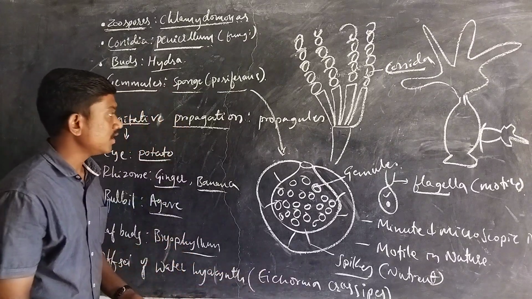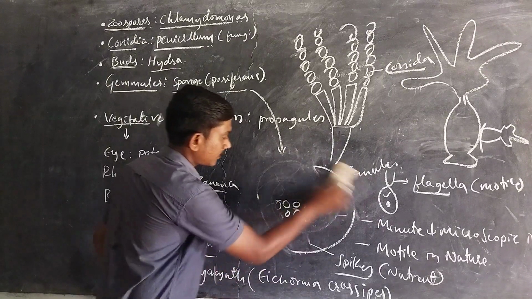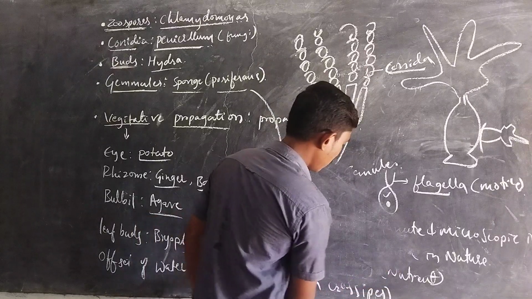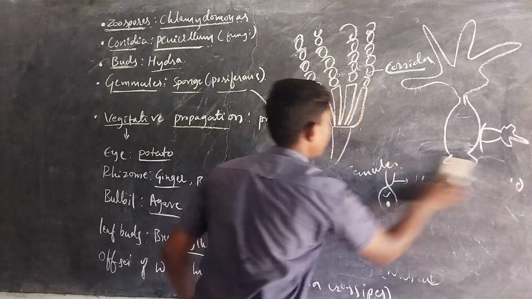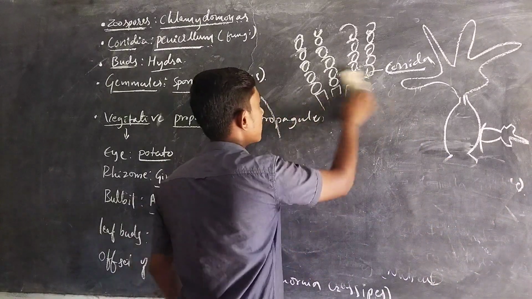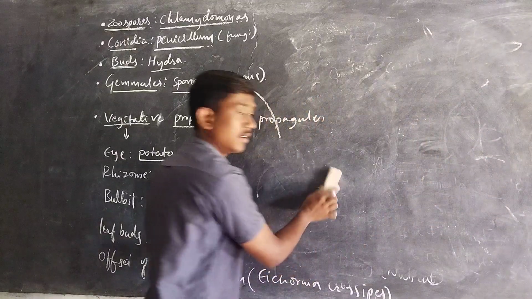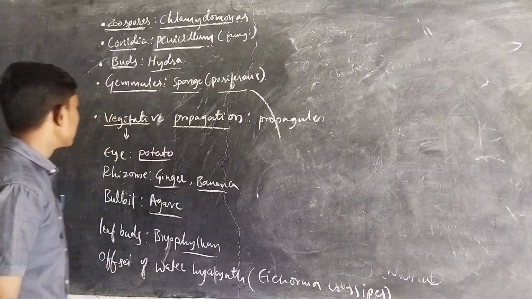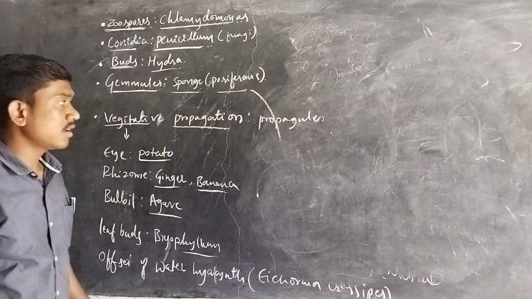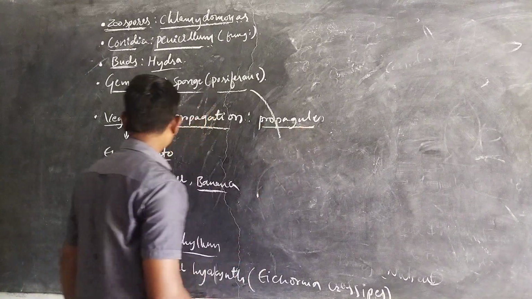We are going to discuss each and everything one by one. These are the most important examples mentioned in your NCERT. You must focus on these examples for your NEET examination. In vegetative propagation, or vegetative propagants, we are going to talk about the first one,